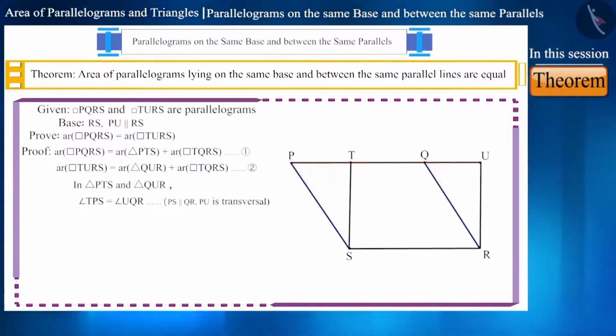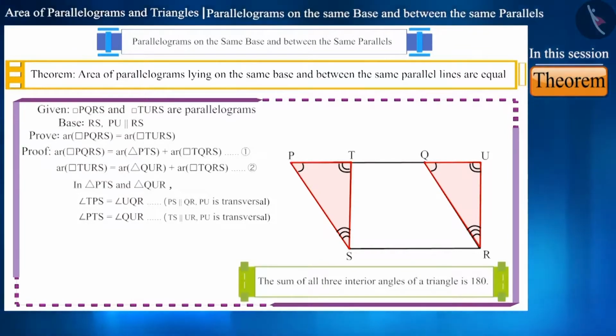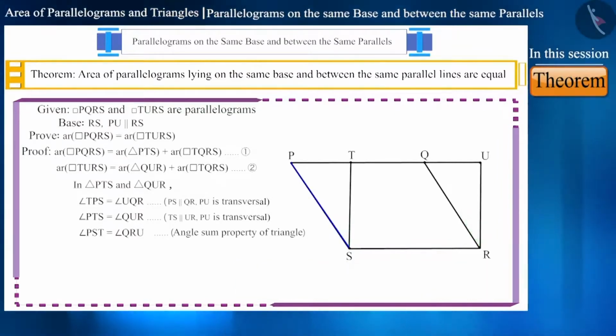Similarly, angle PTS is equal to angle QUR because TS is parallel to UR and PU is a transversal, because of which these angles are making a pair of corresponding angles. Since two angles of this triangle are equal to two angles of the other triangle, therefore, the third angle will also be equal because we know that the sum of the three internal angles of a triangle is 180 degrees. Therefore, angle PST will be equal to angle QRU according to the angle sum property of the triangle,